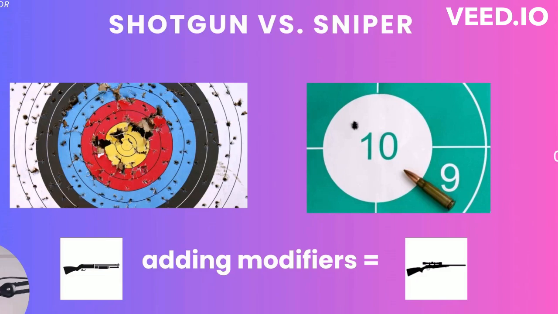If we look at a shotgun, you can see it's hitting targets everywhere. It's very unspecific, very broad. And then the sniper on the other side hits exactly the target that we want. And I look at prompting as adding modifiers that will narrow down the scope until it becomes the sniper that will hit a small and specific target. But on the other hand, there are times where you don't want a sniper, but you may want to keep it as broad as a shotgun. And sometimes you might want to turn it into something in between with medium accuracy and reach. So it really depends on the situation.